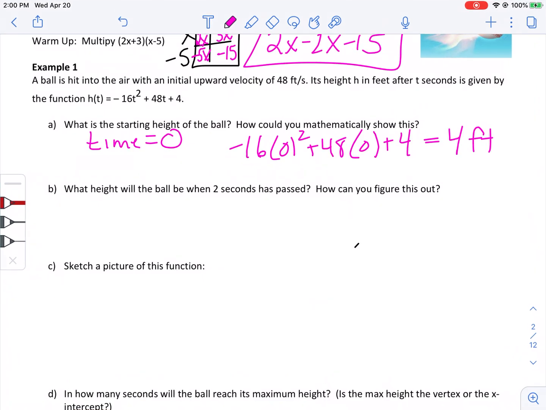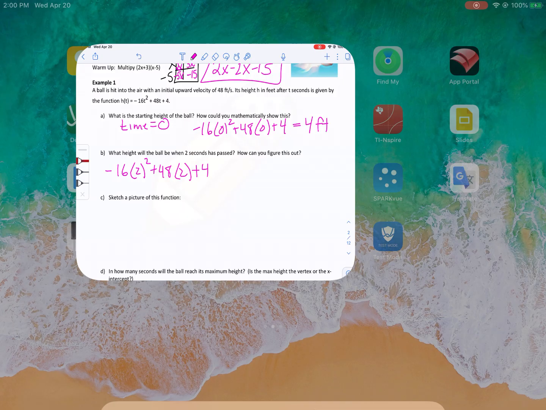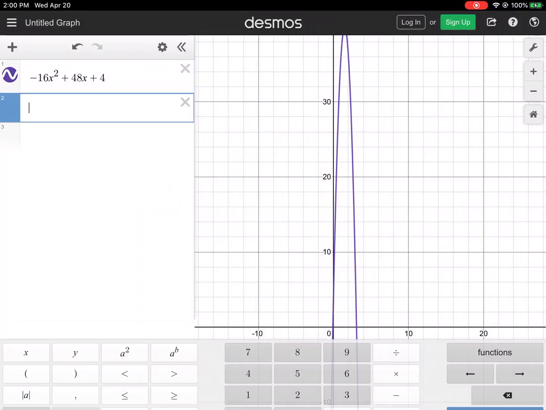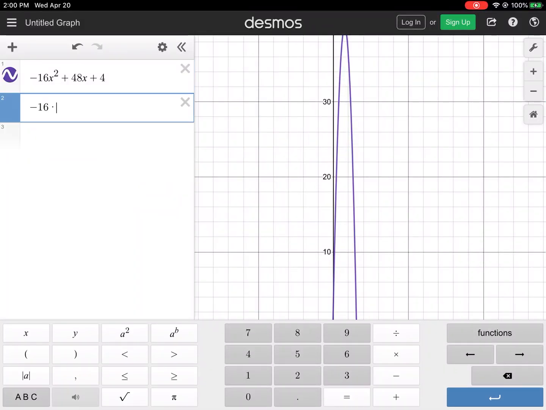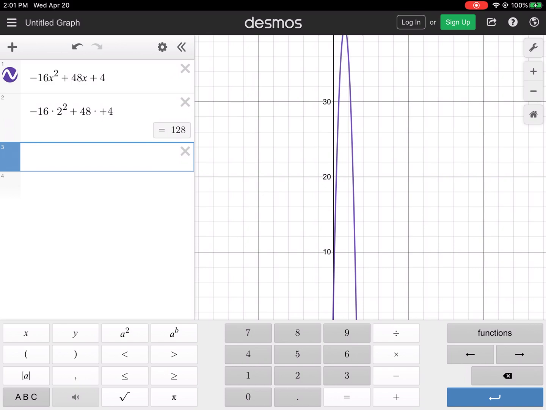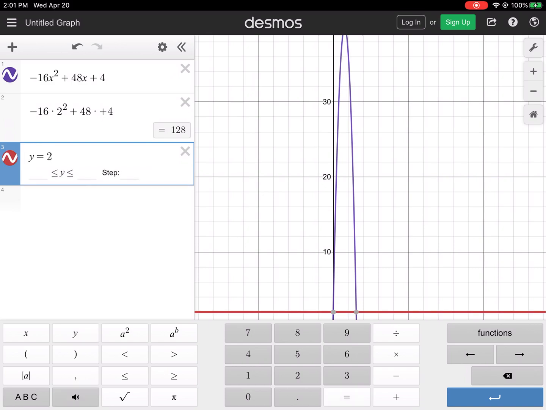So the second question, what height will the ball be when 2 seconds have passed? So two different ways we can figure it out. 2 seconds, negative 16 times 2 squared, plus 48 times 2 plus 4. So we can go back here, negative 16 times 2 squared, plus 48 times 2 plus 4, 100 and 28. Or if I graph the equation y equals 2,